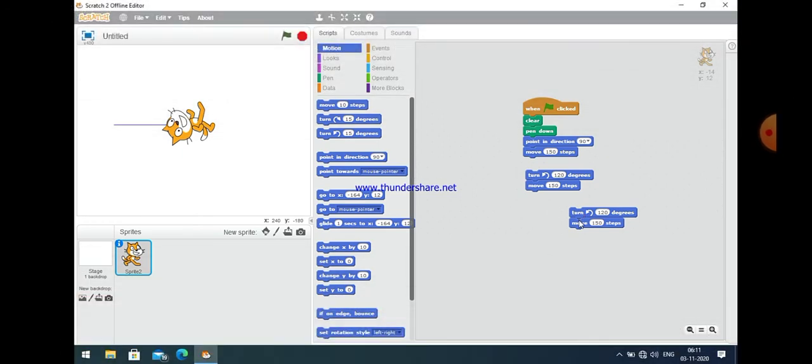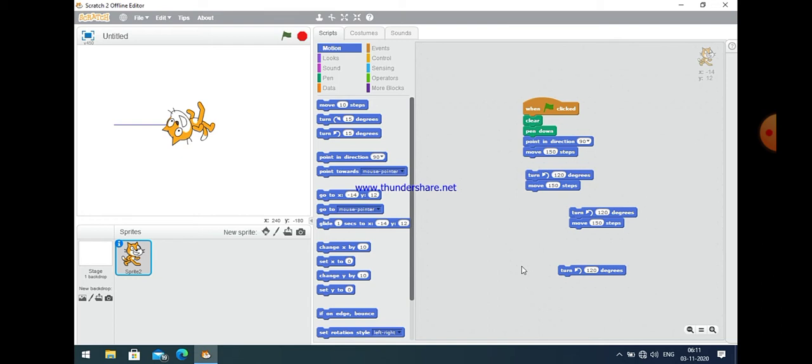Let us check it again. Now combine all these together. You can duplicate, you can make a copy of it by just right clicking on that. And you can also delete them if you want to delete any command.